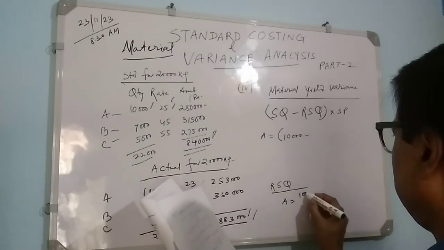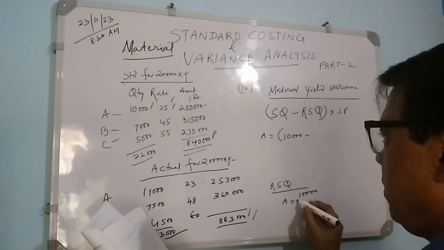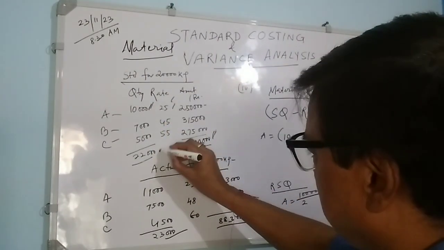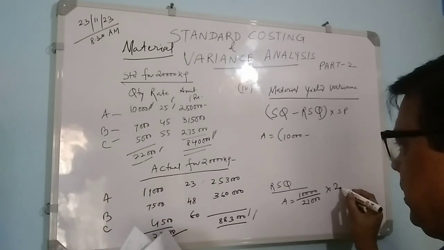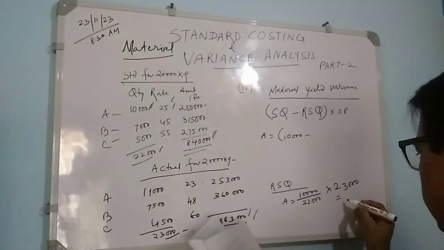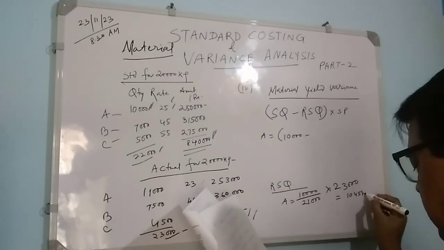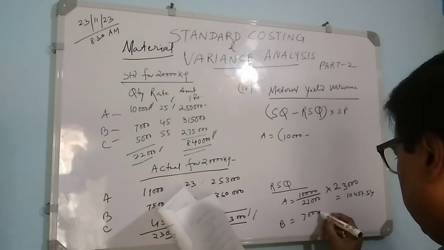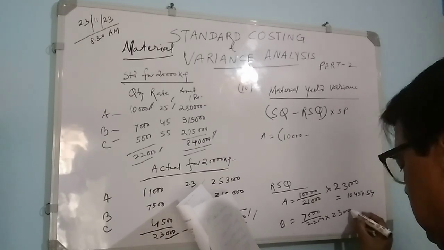A equals 10,000, your standard quantity, by the total standard quantity, 10,000 by 22,000, into 23,000 total actual quantity. So this will be the revised standard quantity. It will be 10,454.54. B equals, in a similar way, 7,000 by 22,000 into 23,000 equals